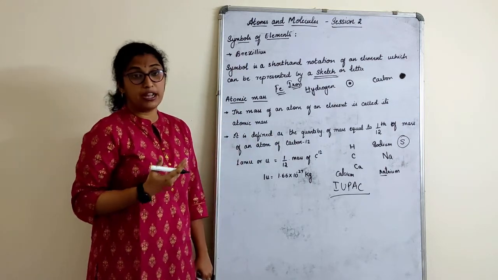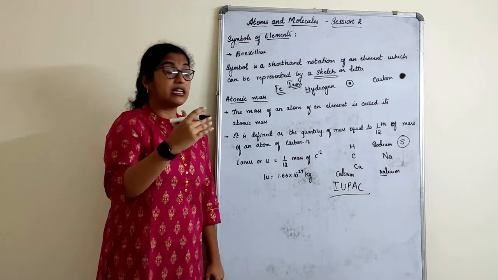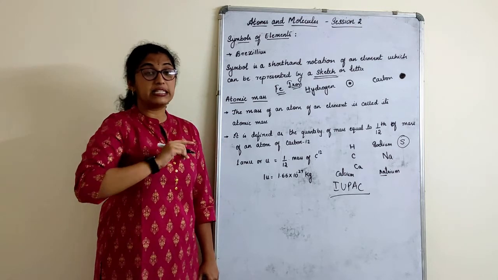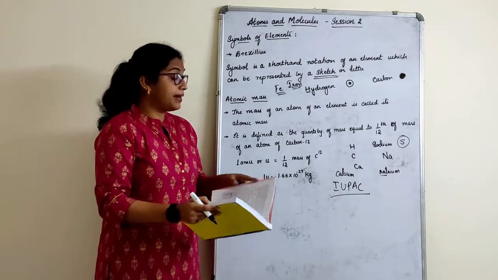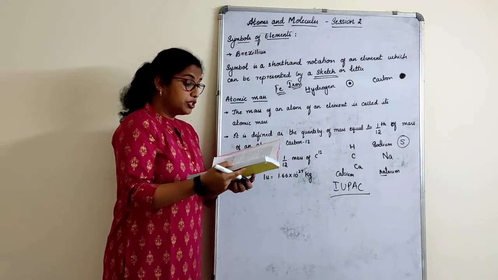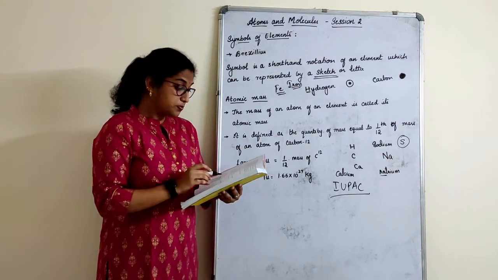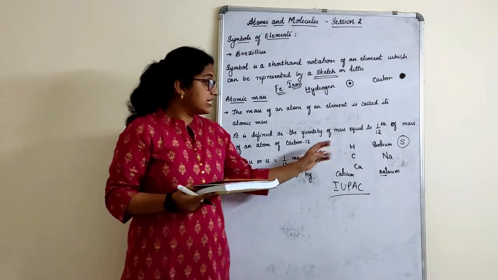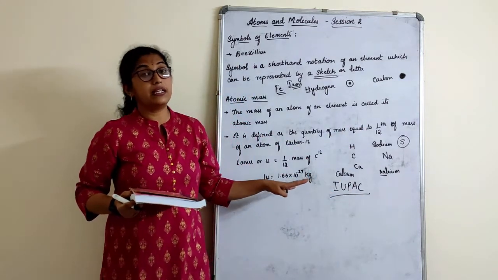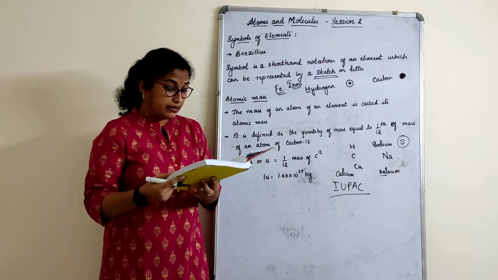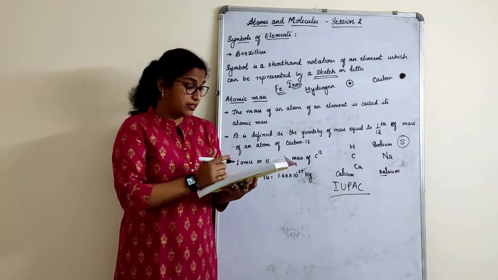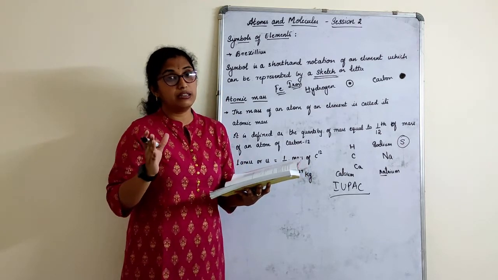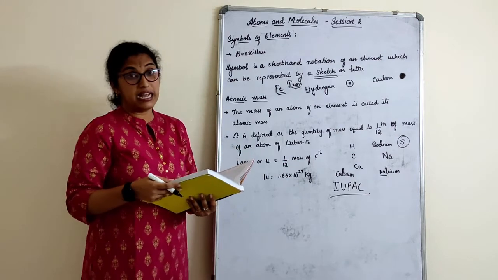You can't change that, or anybody tomorrow can't say, no, hydrogen is H, why not make it some other symbol? No, it is accepted by IUPAC, where IUPAC stands for International Union of Pure and Applied Chemistry. So IUPAC approves the names of these elements. Then how to write them is again mentioned here, and the elements and the symbols are also mentioned in the book. So that is about symbols and elements.